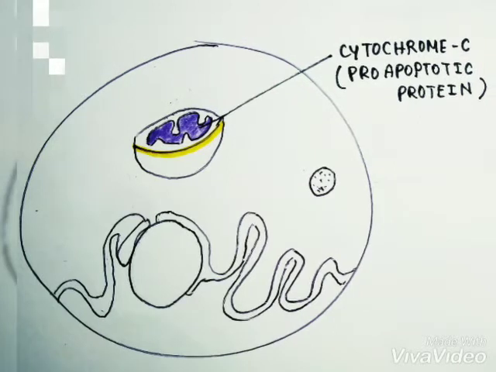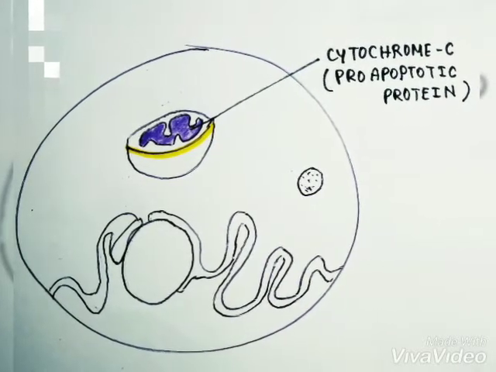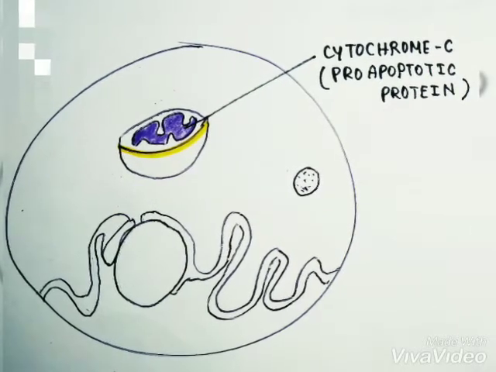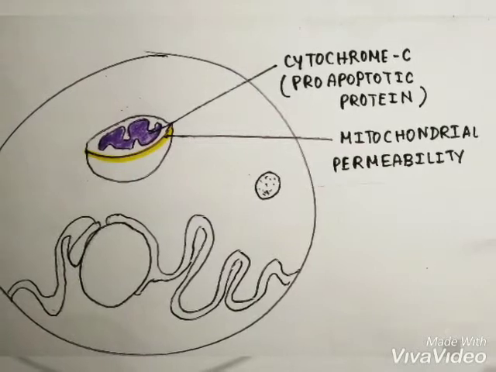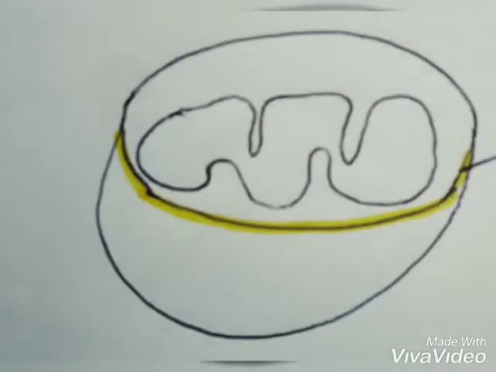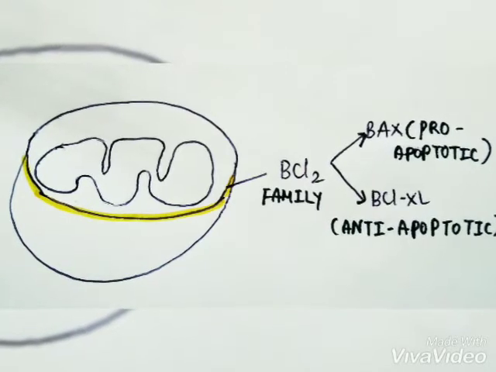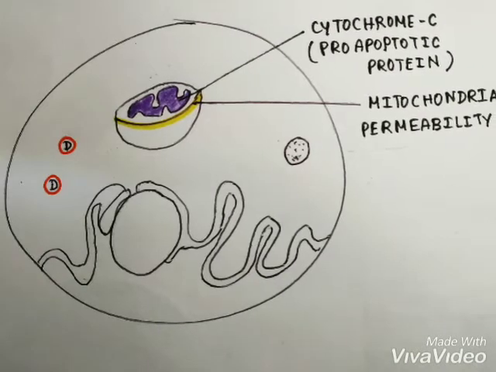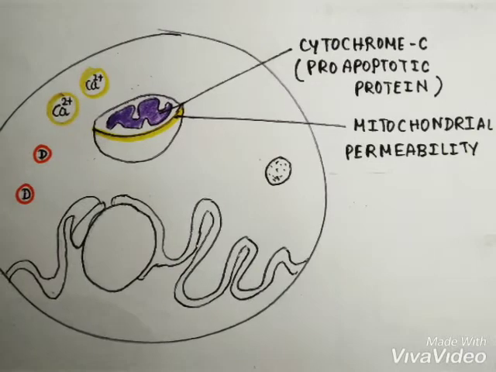Cytochrome C, which is the pro-apoptotic protein present inside the mitochondrial membrane, is naturally impermeable to the cytosol because of the mitochondrial permeability. This mitochondrial permeability is maintained by the BCL2 family of proteins, which is basically BAX and BCL-XL type of proteins. When these proteins are damaged by the cytotoxic drugs taken by the patient, or sometimes the high levels of free calcium in the cell,